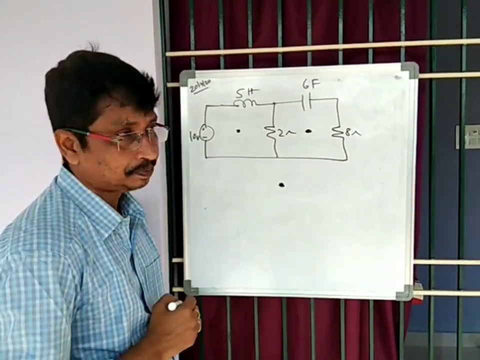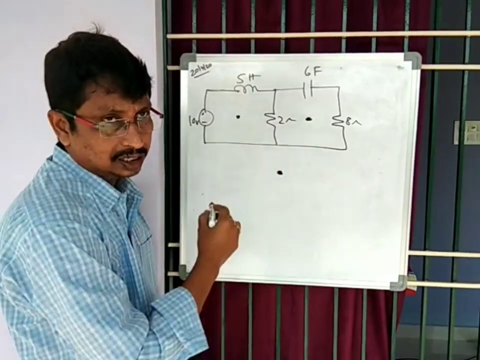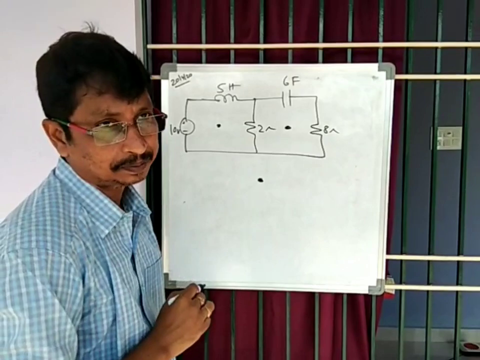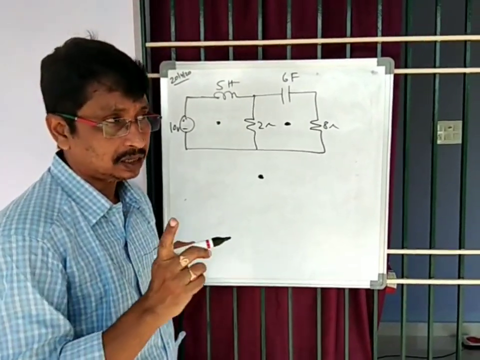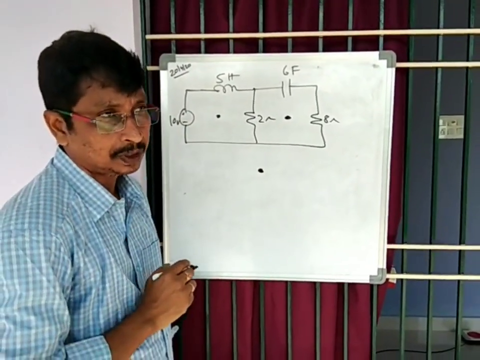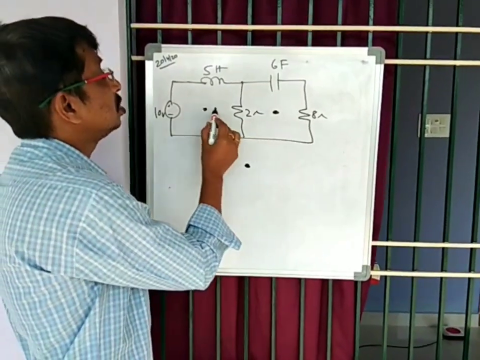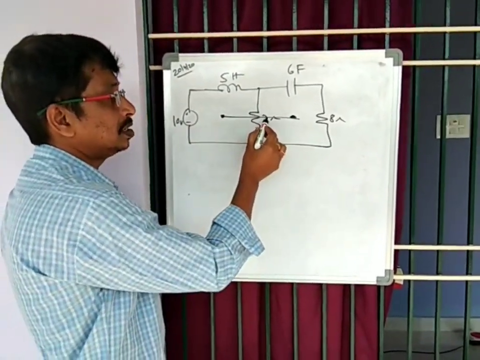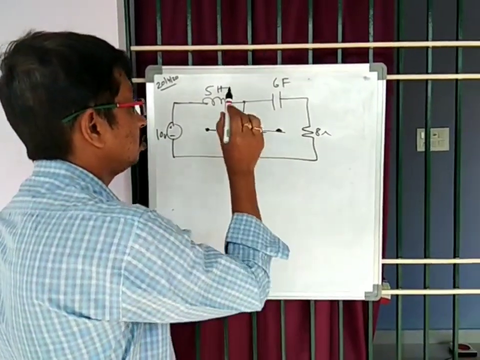Next, second step is, draw lines joining the adjacent nodes or adjacent dots. So you have to connect adjacent dots by means of lines. There should be one line for each element, that is, the number of lines should be equal to the number of elements in the circuit. Like that, we can join all the nodes. You see, these two nodes are joined by a line like this. This line is for 2 ohms, this resistor. So this resistor is over.